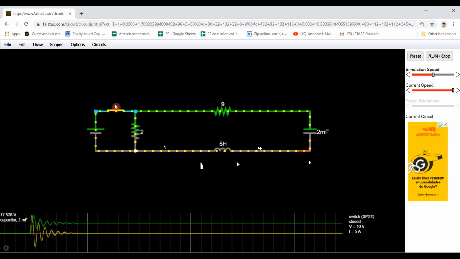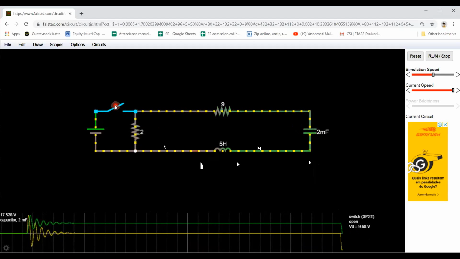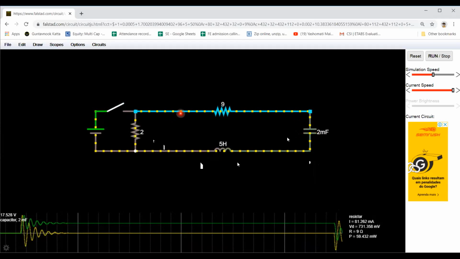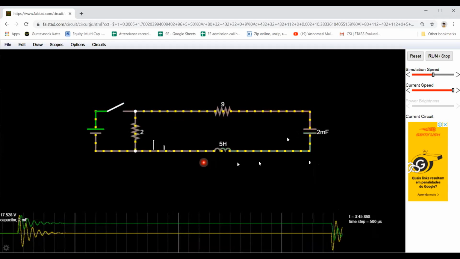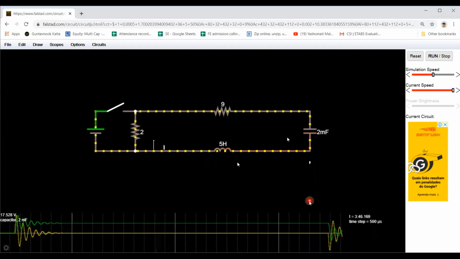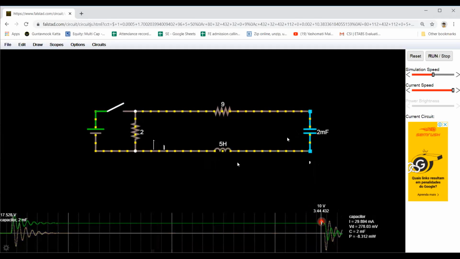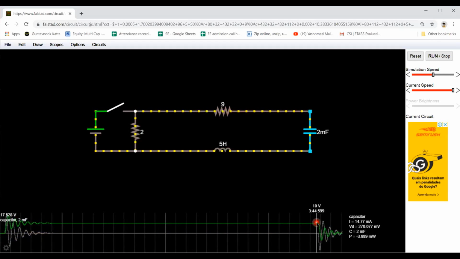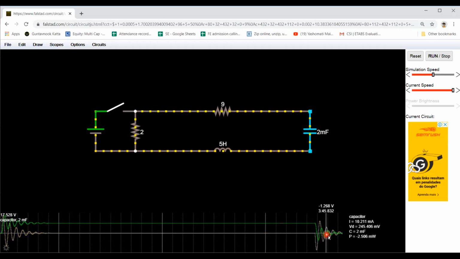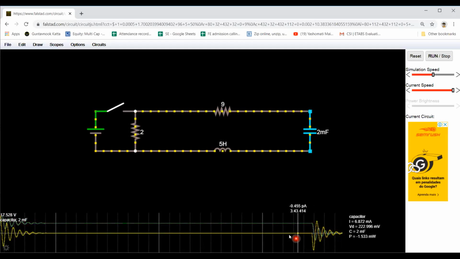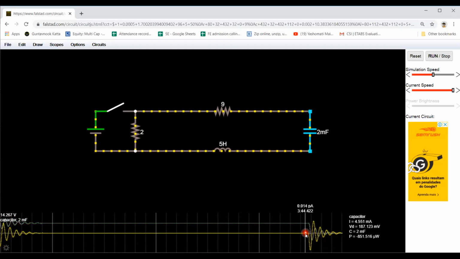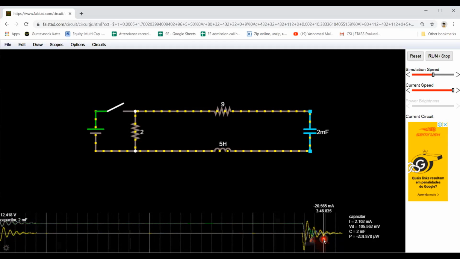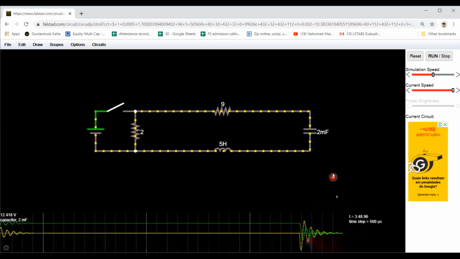Okay, and now if I open this switch, you will find that the voltage on this capacitor has started reducing and current has started flowing in the circuit, and both are of oscillatory nature. The voltage waveform, from the maximum value or steady state value, has started going down in oscillatory nature, whereas the current, in the yellow waveform you can see, has also started oscillations, and both these will die out after a certain